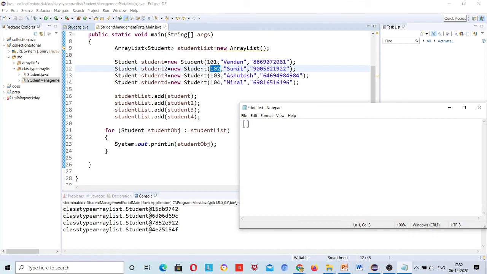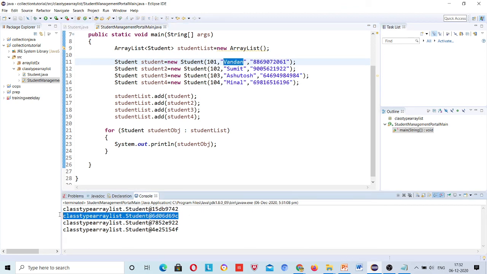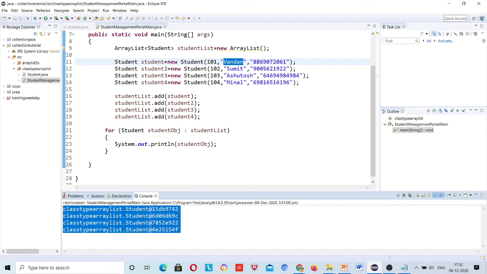Before that, if I was printing any object, suppose I was directly printing the ARR variable, we got it in this format. But now even a single object has 3 values, so it prints in object format.